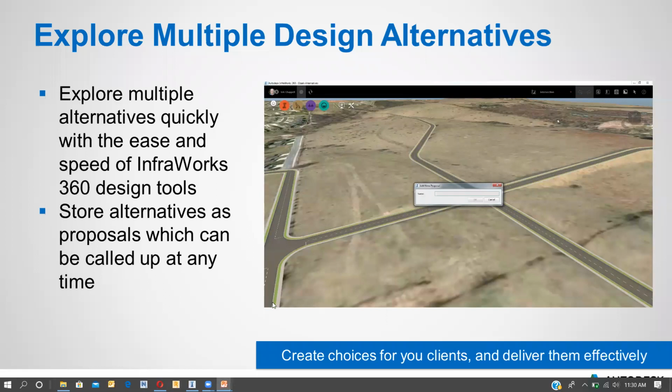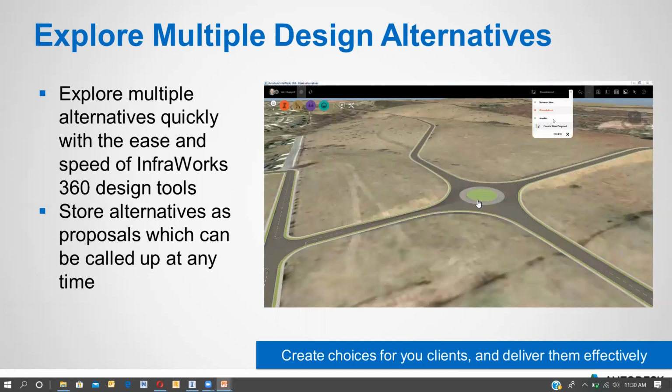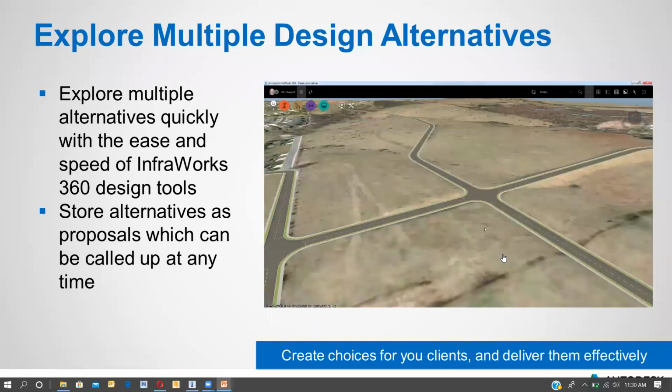Like you can see in this video, they are creating their options. So this will be their first option to show to the client. In this road, they are making the roundabouts. We had a mother file of intersections. Now they have made the roundabouts as their first choice. The second choice is a bridge. They are going to make a bridge. So now you can see how they are classifying the options.